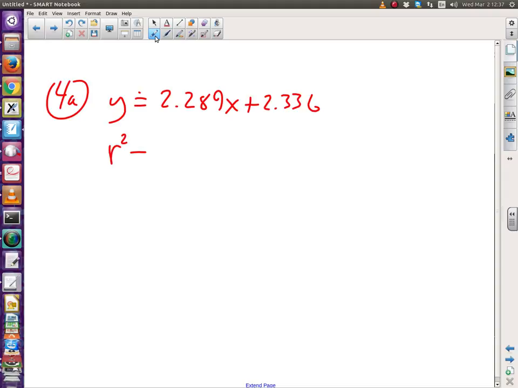And R squared is approximately 90.056%. So is that any good? Well, go back to the calculator